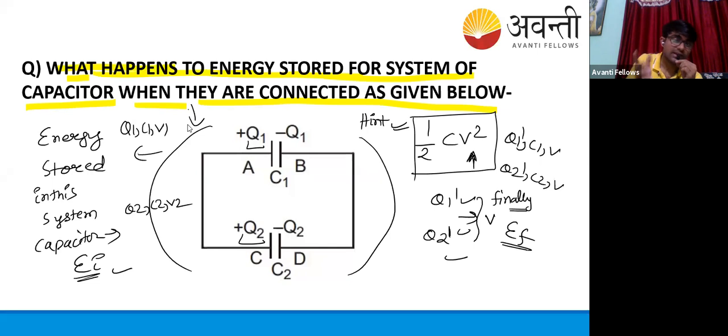How they have answered this, I tell you: they have solved this, analyzed this, and gone through the sessions. So I really congratulate them from my heart. Now what about this question? I'll give you this question as homework. I already told you the answer: it will depend upon potential. But how will it depend upon potential? For other students to understand this, they have to go and solve this question as per the hint I have given: Q1, C1, V1, CV square, half CV square.